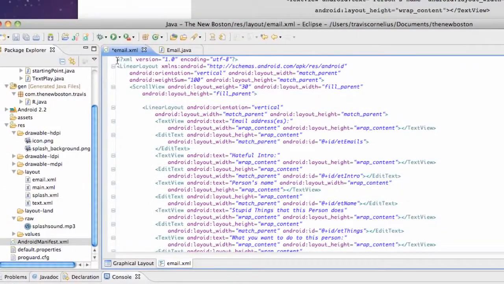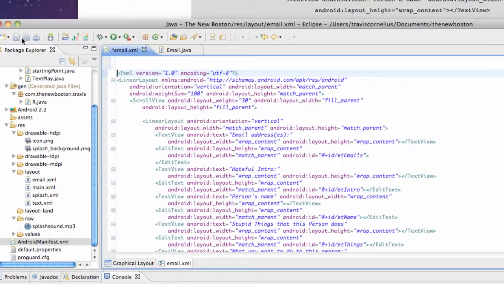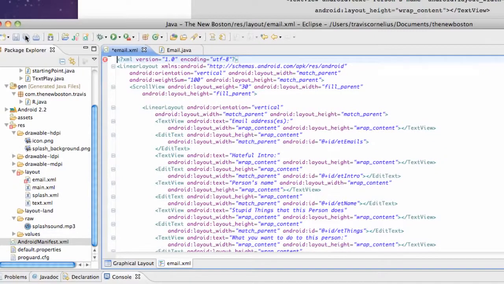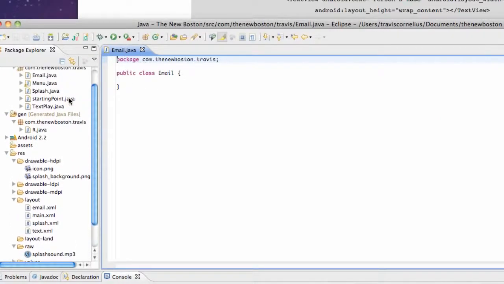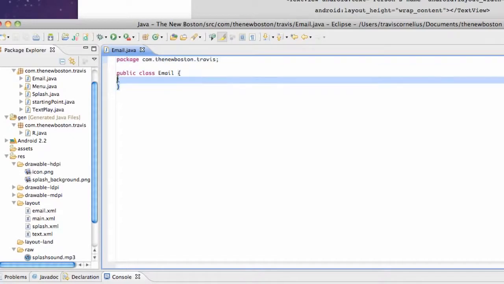If you guys get an error, like if you save it after you got done copying and pasting, you're going to get an error like this if this line is not on your first line of code. So make sure there's no spaces above that first line, and then just save it, and it should get rid of that error. Now open up your email Java class, and what we're going to do is delete